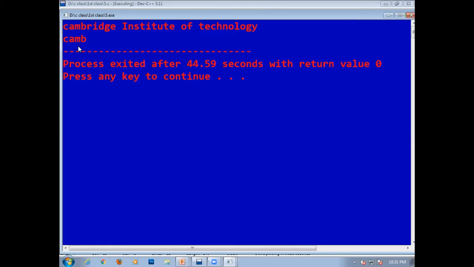%4s just resembles the maximum number of characters successfully read from the end user. Doesn't matter how many characters are entered by the end user, only a maximum of 4 characters will be read successfully by the inbuilt input function scanf. So now let's move on to the next question.